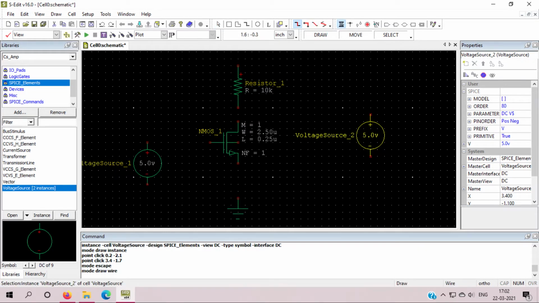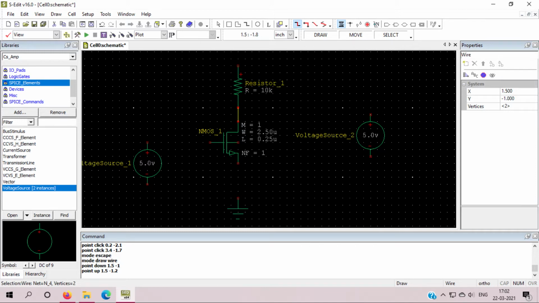Now I will connect the circuit. First this will go to this. This will go to this. This body will also connect to the ground. Now this is my input VGS. This will also connect to the ground. This is my VDD.